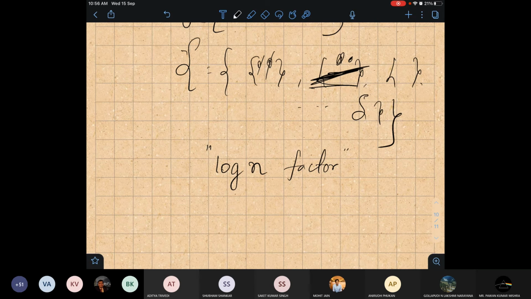Though we have to prove it, how and why it is a log n factor. I will explain it maybe tomorrow. So we cannot do better; this algorithm will give me a log n factor first of all, okay? And for set cover, we cannot design a better algorithm than this also. This is a bottleneck. We cannot do better than log n.